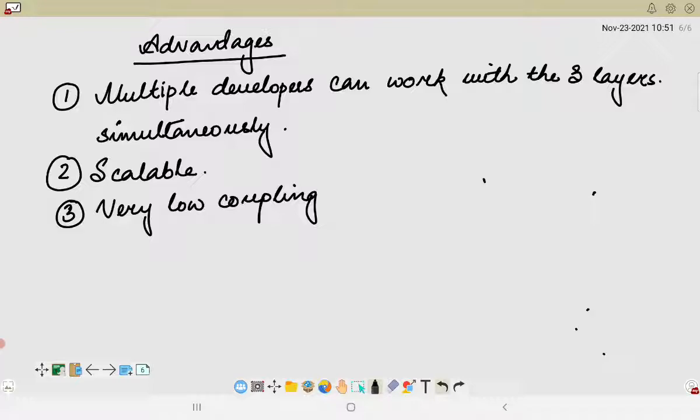So since there is very low dependency on each other, they are easier to maintain, and it is highly cohesive in nature. That means it has independent operational capabilities which are not dependent on each other. The next important point is that a model can be reused by multiple views, which provides reusability of the code. So we have to understand that it is highly reusable in nature.